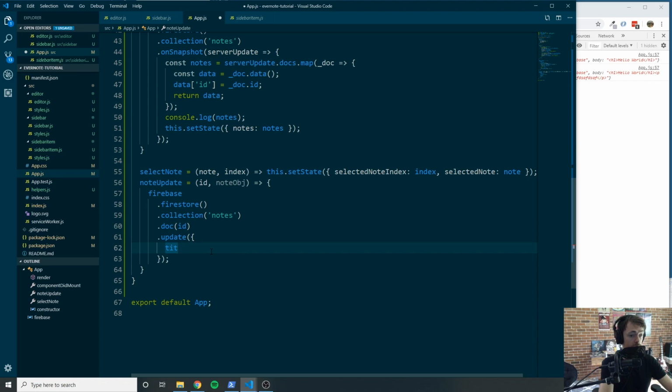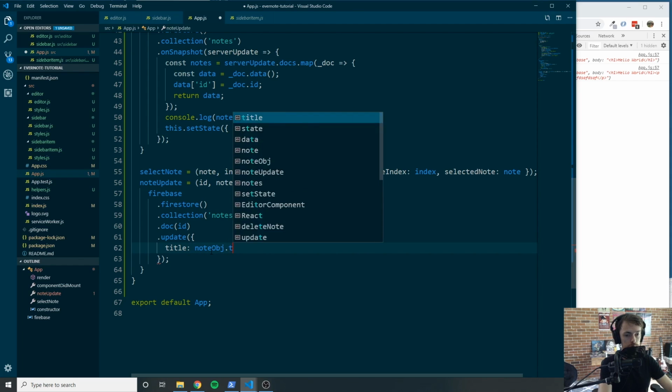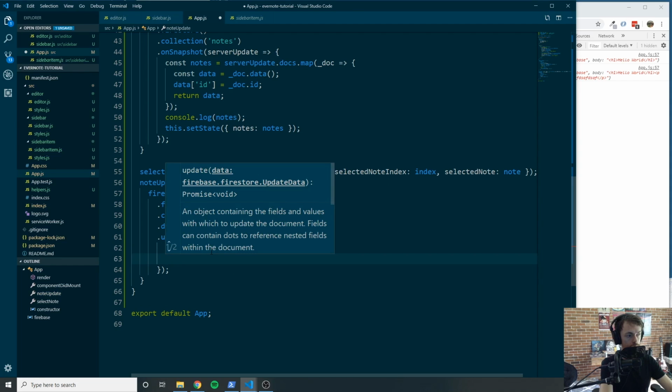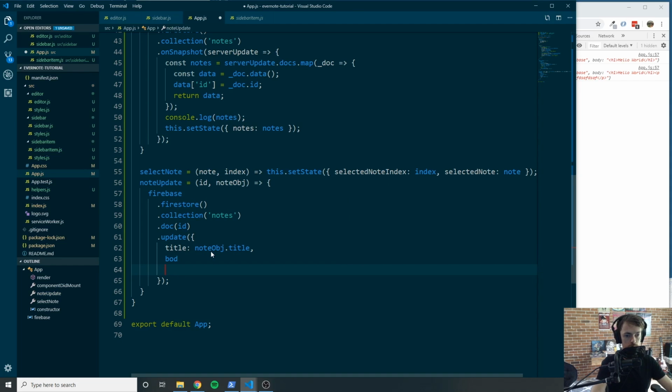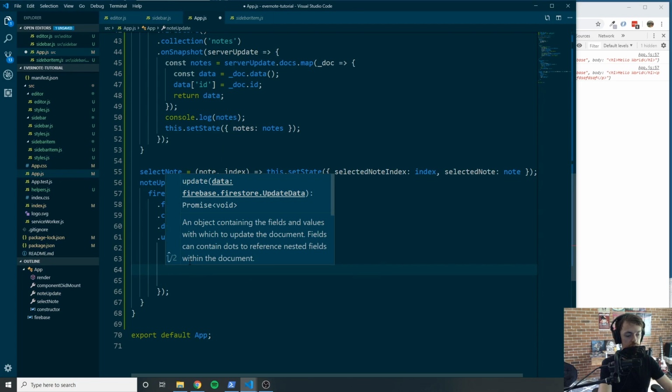And that's so that if you guys want to extend this application anyway, you can actually utilize that timestamp to show when it was last updated. So we'll say the title is equal to noteObj.title. The body is equal to noteObj.body, and then the timestamp